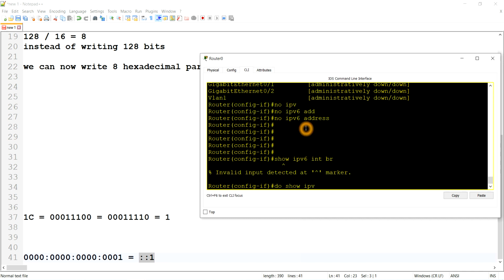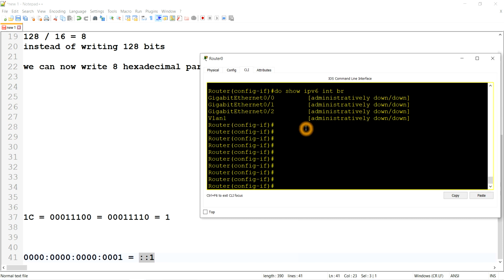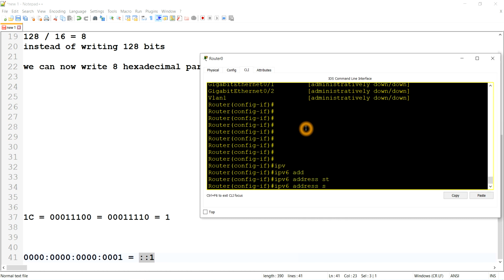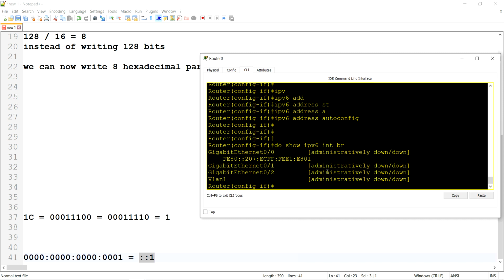Do show IPv6 interface brief. So he has removed it, right? Now, to assign an IP address using stateless autoconfiguration, we are going to write IPv6 address autoconfig. So now let's see how the interface shows. Do show IPv6 interface brief. Now, as you can see, we only have